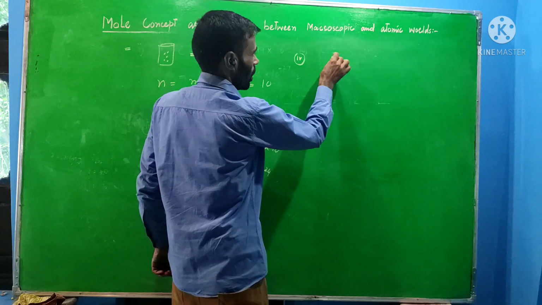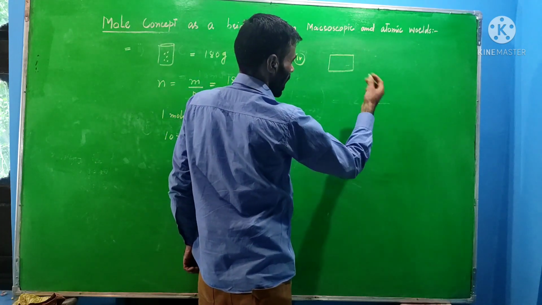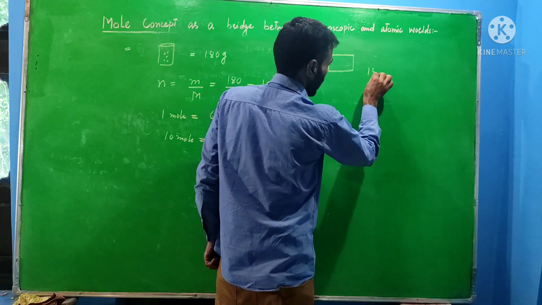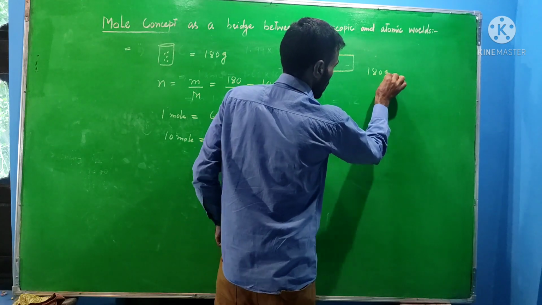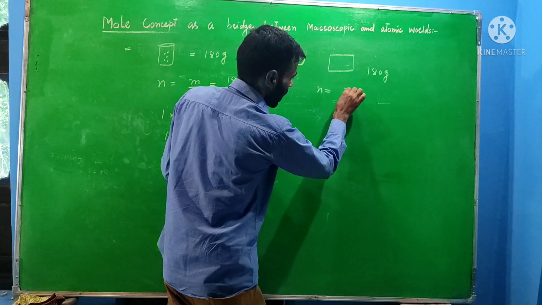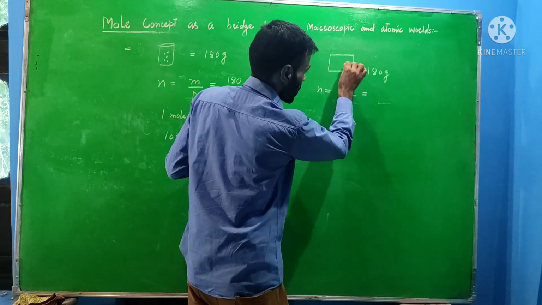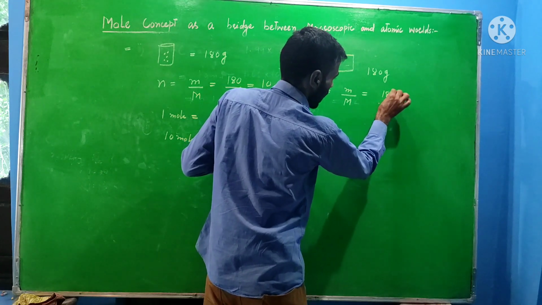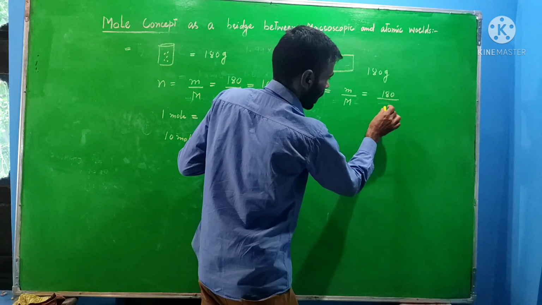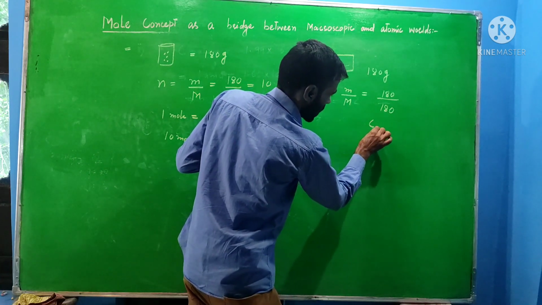After that, let us take this example. Let us take a glucose pack. For example, this is the pack of glucose. Its weight I will take for easier calculations as equal to 180 gram. So number of moles again, that is equal to mass in grams divided by molar mass. Now the mass in grams within this pack is 180 divided by the molar mass of glucose, because glucose has this formula